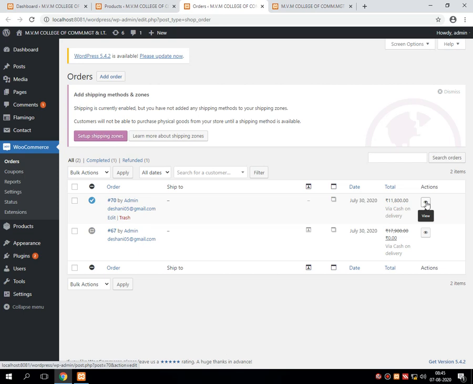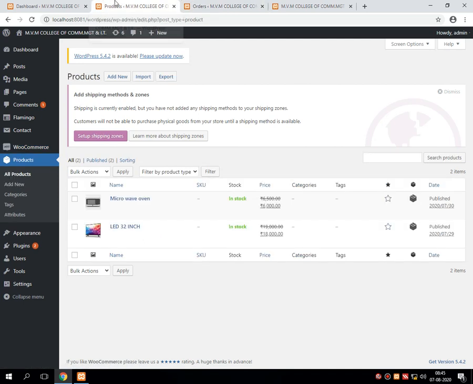If everything is correct, then the owner approves the order which came from the client side, which automatically displays as a completed order. That means from the warehouse, that particular product needs to be shipped to the buyer's address. All this information, or we can say the transaction, we have monitored in the previous lectures with the creation of a coupon and applying the coupon on the transaction at the time of checkout. So all these things we have done in the previous lecture.